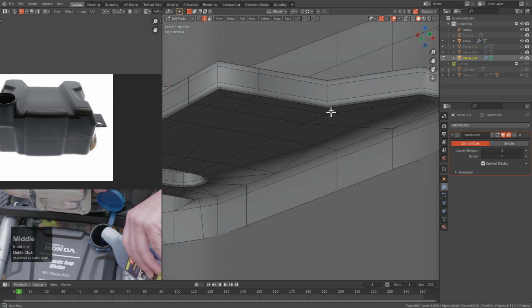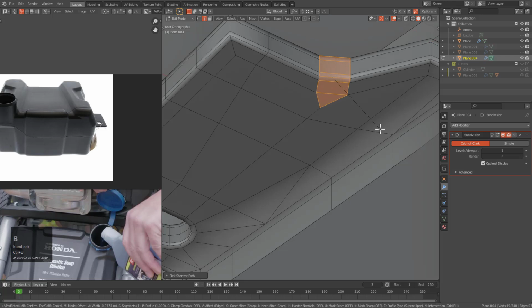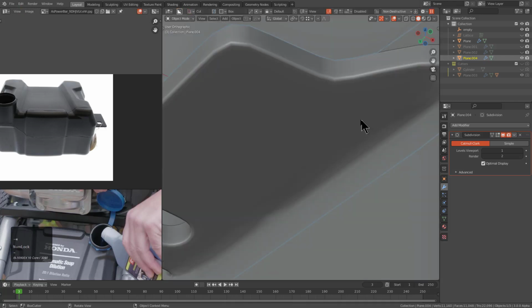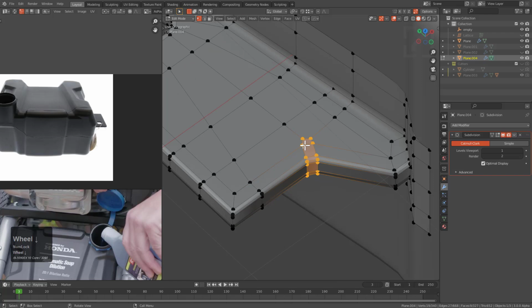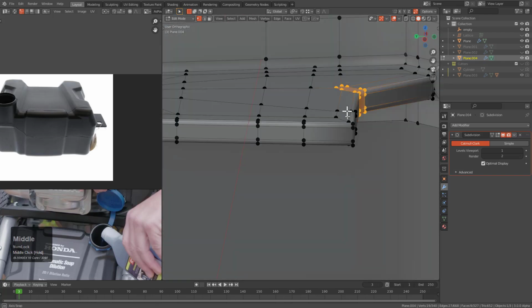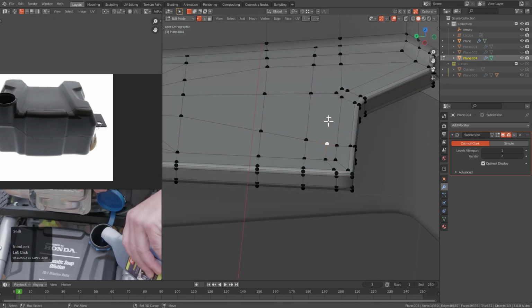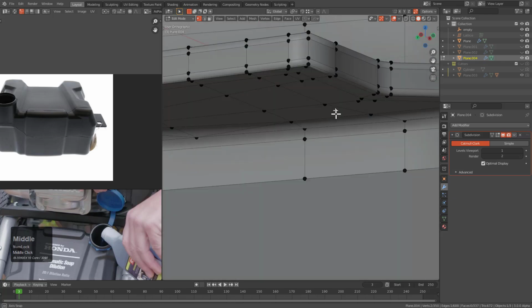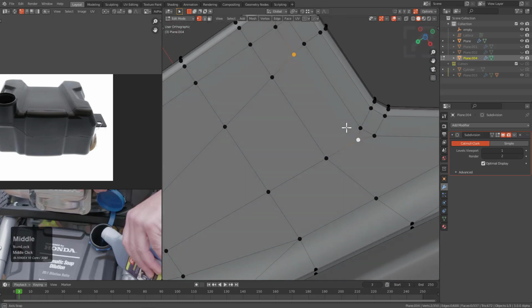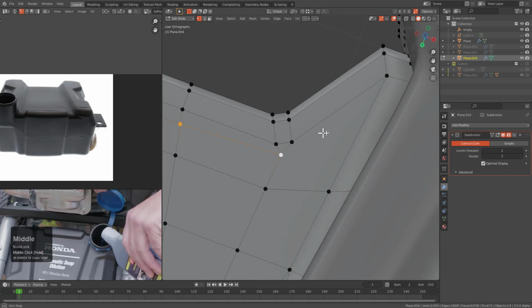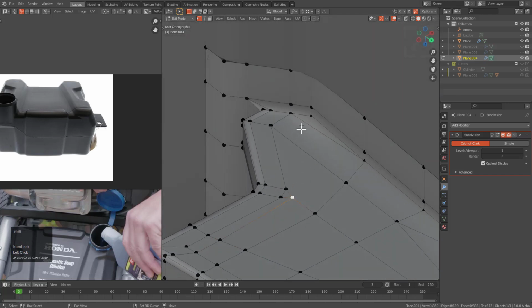So let's grab this edge all the way to this edge, and we could just Control B bevel just to give that area a hit. And because of that hit, we can actually add a loop to reinforce this particular corner, which is also of high value importance. And we can just send this over to here